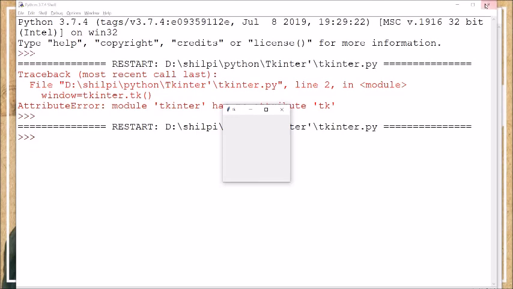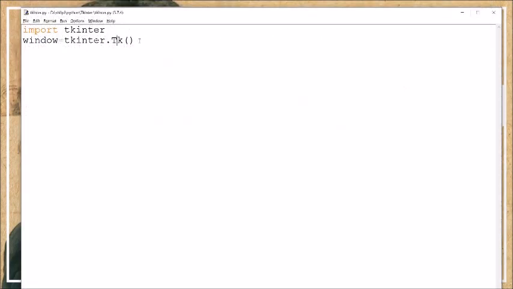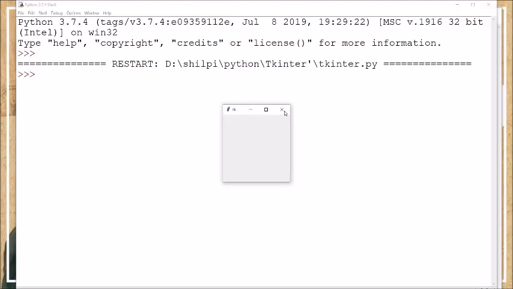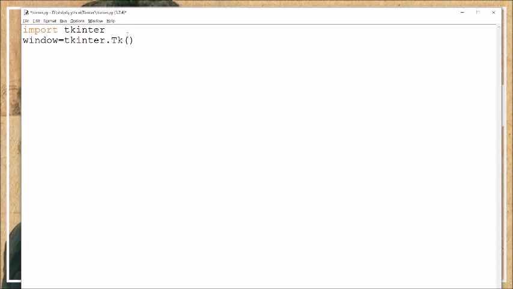Now this window is too small, so if I want to change the size, we can make it full screen also. But if we want to change the size of window, we can change the size using the function geometry.